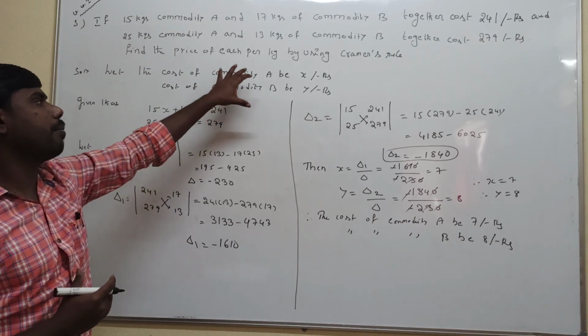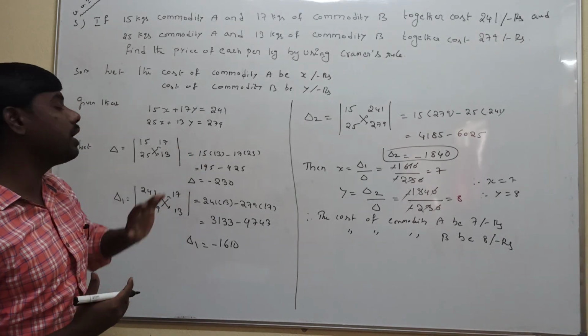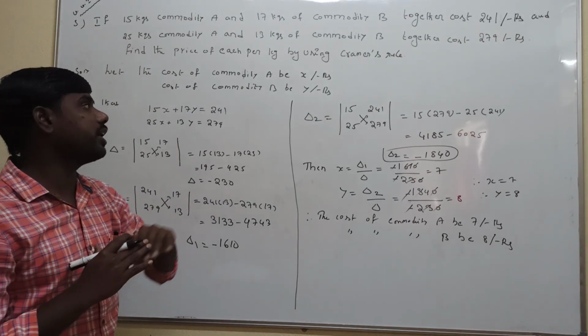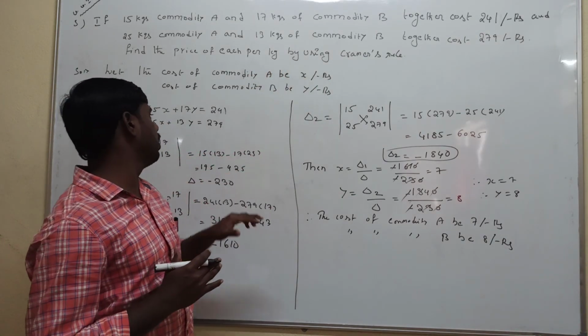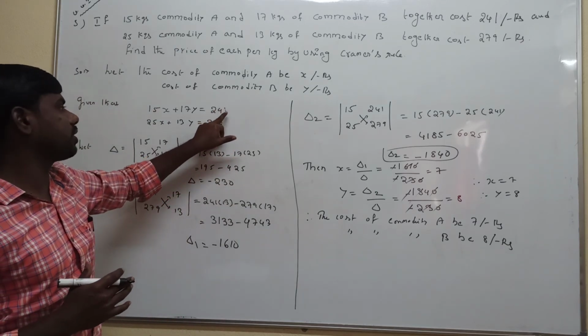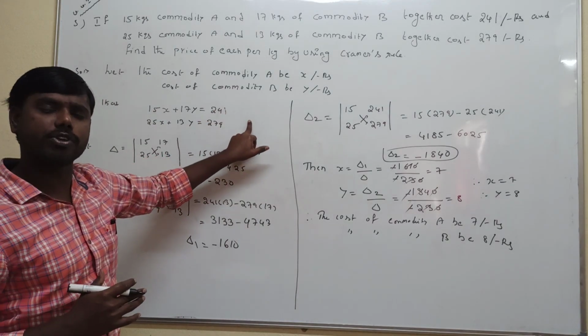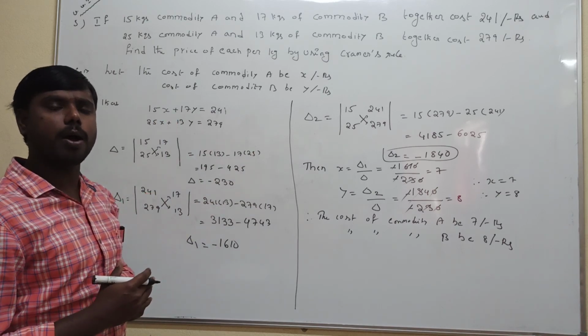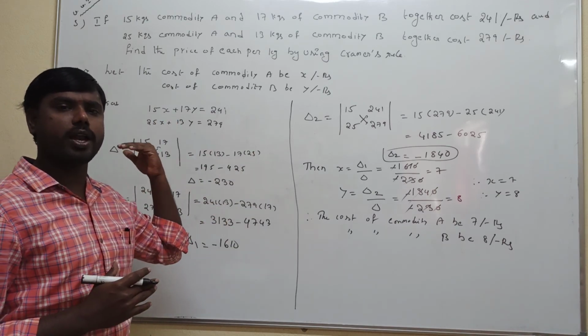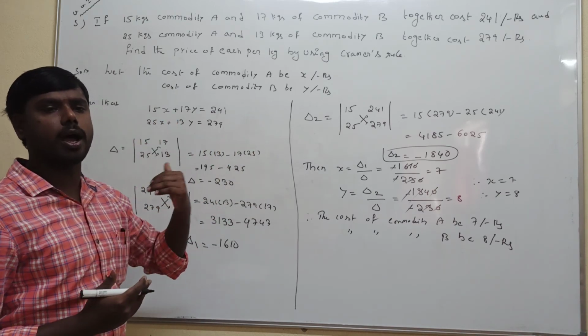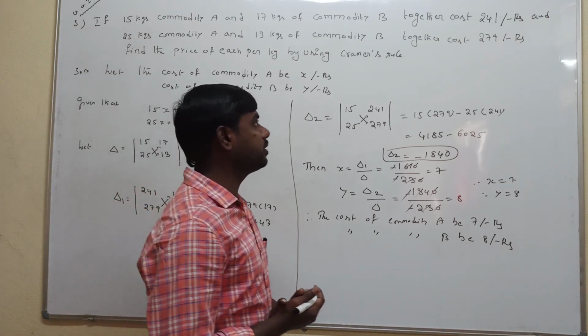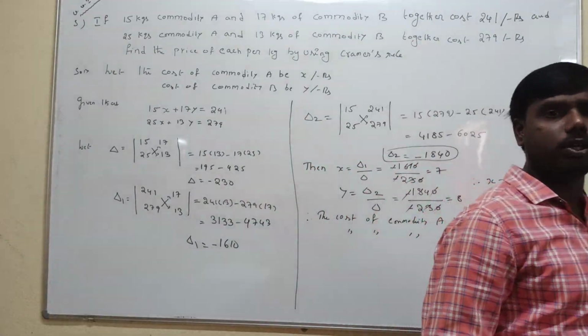After that, we are using the Cramer rule. That's why we are applying the Cramer rule. They did not mention the Cramer rule; directly we are solving equation number 1 and equation number 2. There are two methods: we can apply the substitution method or the elimination method. This is the fifth question solution.